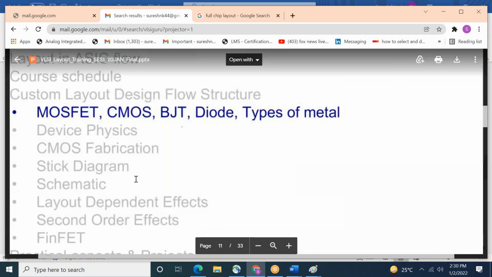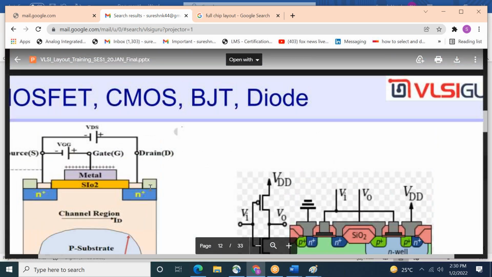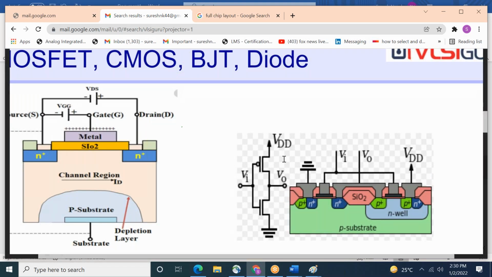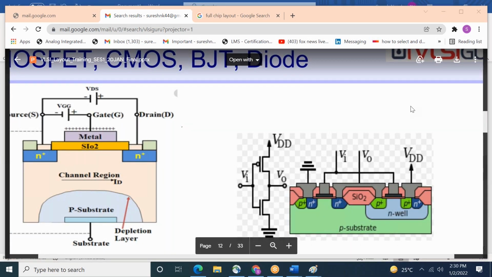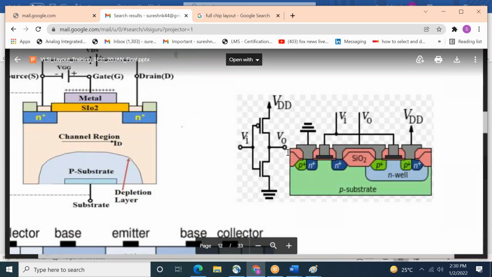Okay, so come to the project. This is the basic, what is CMOS. If time permits, I'll give you a brief idea about what is a CMOSFET. All these things I will cover. I'll give you some idea. This is the internal structure and its layout view.